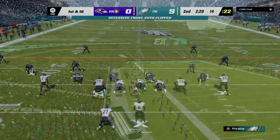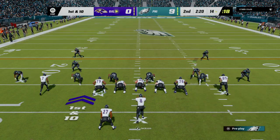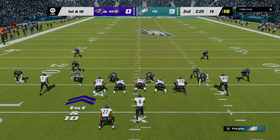The Raven offense set at the line for this next drive. As the offense comes out here, Charles, maybe perhaps a bit more of a focus on the run game for this drive after tossing an interception on the previous one? I think that's a good way to look at it and a good way to think about it, but maybe